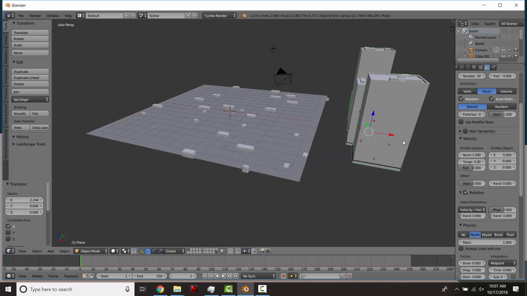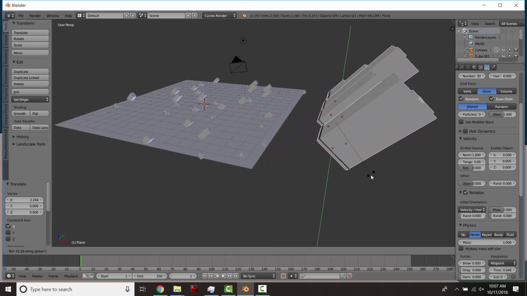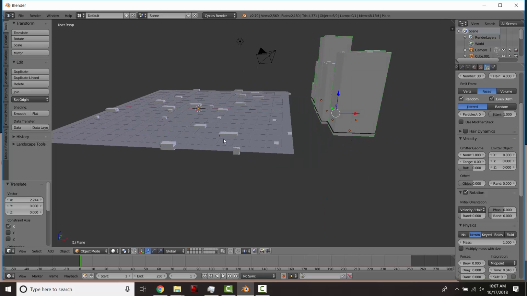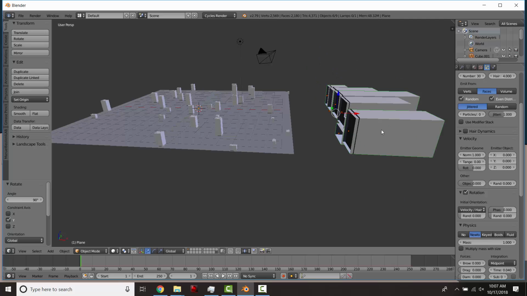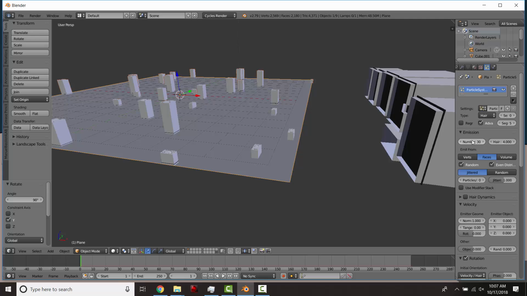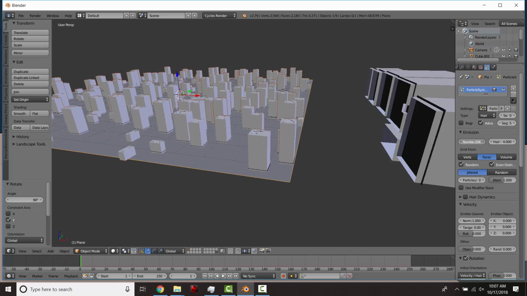So I just have this group selected, but if you rotate it on the y-axis by 90 degrees, for some reason the particles and the mesh, the y and x-axis are not reading the same way. So anyways, if you rotate them by 90, and let's increase our particles,